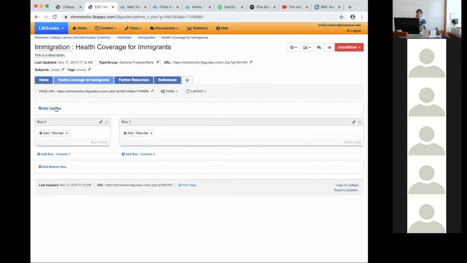So here, we can only add 1 top box and 1 bottom box. We can add as many boxes in this section as we want. So this is where I'm going to start working with content, so you guys can see what different types of content will look like. And we're also going to be going back into the sample LibGuides. So here is where I will add,